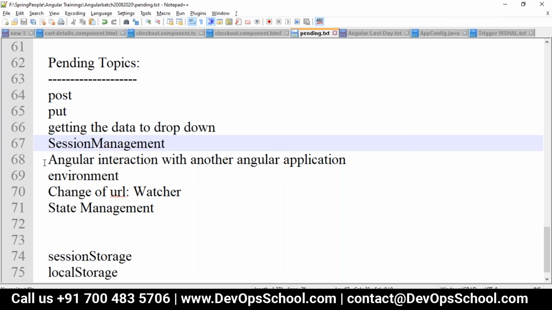No, because local storage or session storage will be stored in your browser, so we can still get it from the same storage. Correct. Yes, because local storage is stored in the browser, so we can access it. Okay, got it. Thank you.